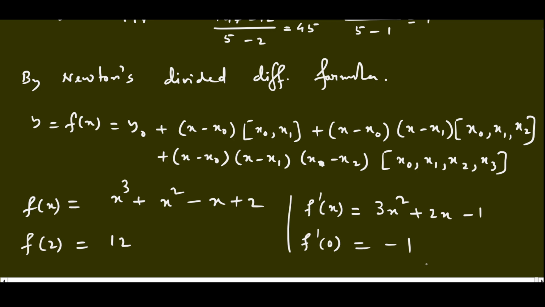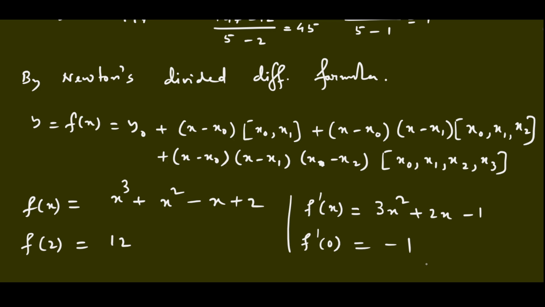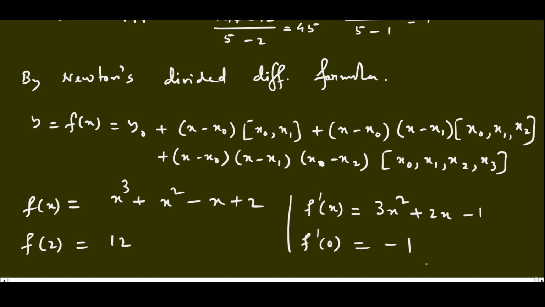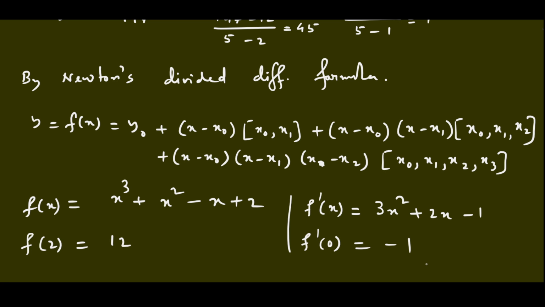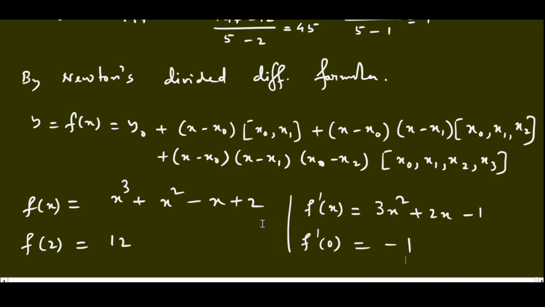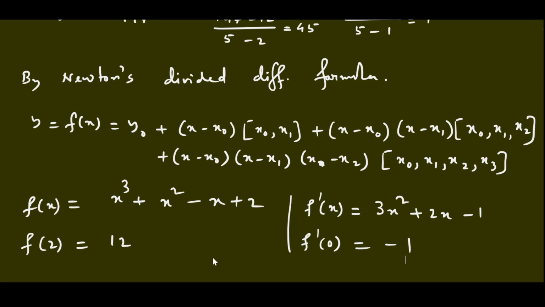Suppose in some exam, one problem comes with an unequal interval and nothing is mentioned, then either Lagrange formula or divided difference formula, anyone you can use. But if it is specifically mentioned, then by using this particular formula you have to do it. Then you have to add the formula which is already given there. Okay. So I hope you have a better idea now of Newton's divided difference formula. What is divided difference? So thank you for watching.